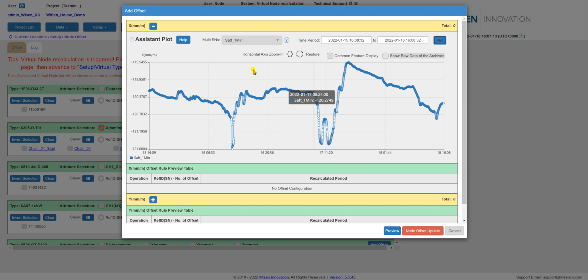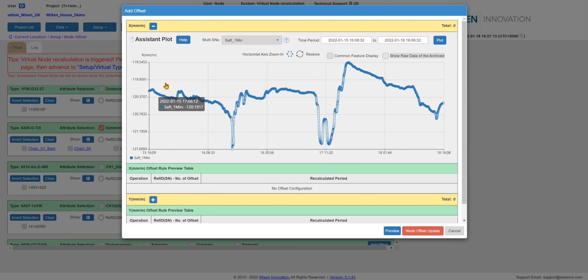This top graphical display is the x-axis, and down below we have the y. So just focus on the x first of all. You're essentially selecting the data that you wish to offset first. Now because this is a dense reading interval or t interval of 1 minute, I'm finding it difficult obviously to select a defined point. So we have the ability here to press the horizontal axis, zoom in,